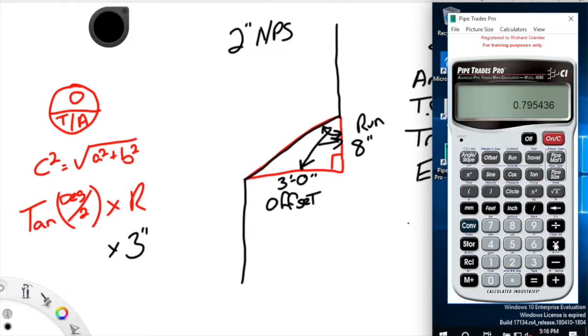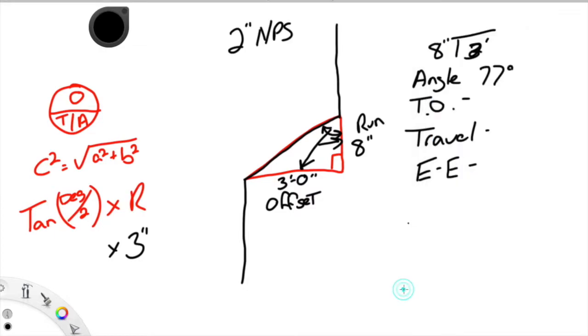So I'm going to times that by 3 inches, gives us a 2 3/8. So 0.795 gives us a takeoff of 2 3/8. Okay, times that by 2 equals 4 3/4 plus our 1/4 of an inch for the 2 weld gaps gives us a total of 5-inch